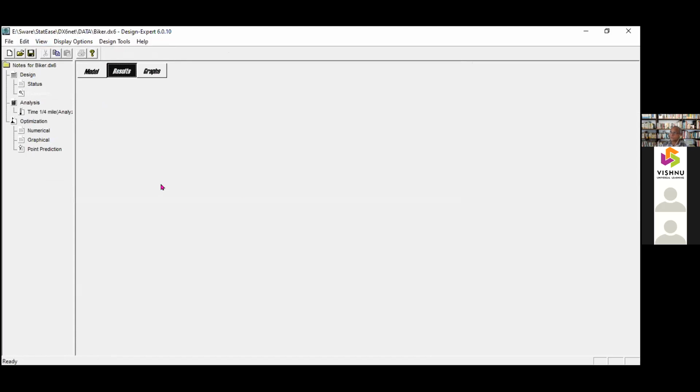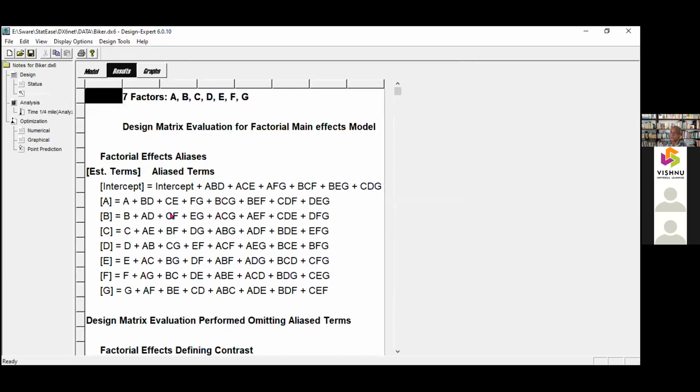Okay, the result is this. So B is significant. It may be because of B, really B is significant, or it may be because of AD, CF, or EG. So this is how you have to do. You have to give this alias structure table for your design. You should not be publishing that in a journal. This is only a partial result. So what you have to do is do additional experiments to distinguish between these interactions.